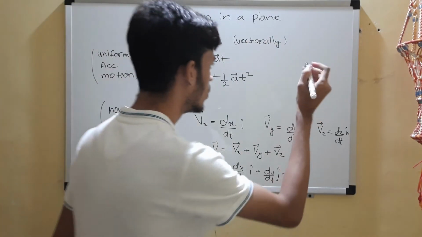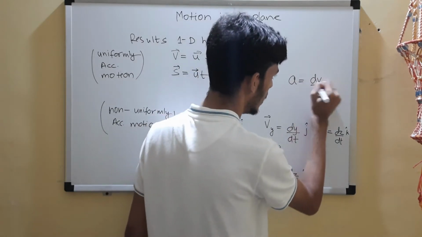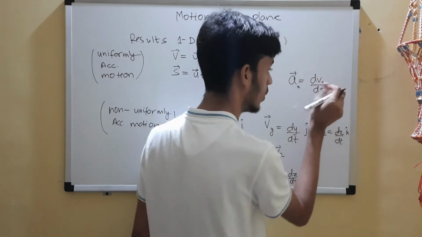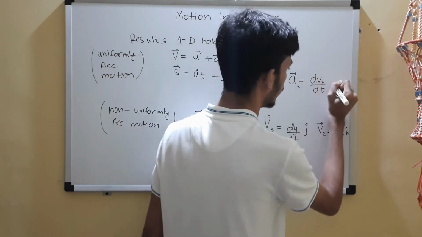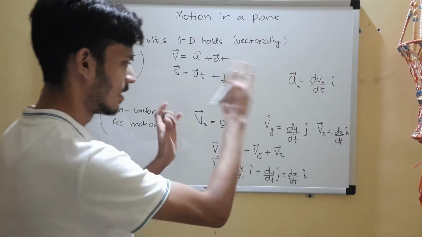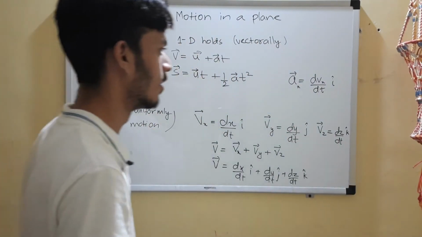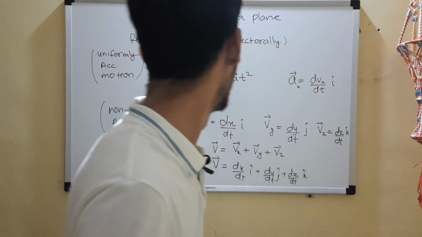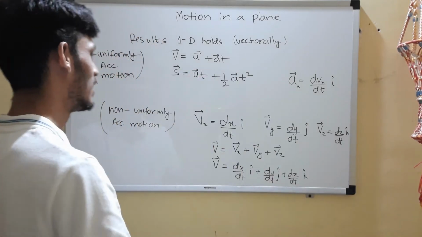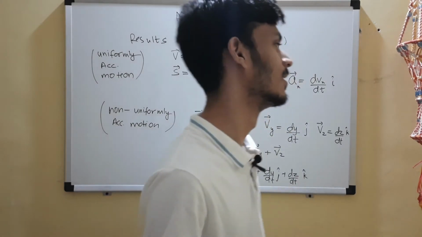Now in non-uniformly accelerated motion, we also had acceleration. Suppose acceleration in x will be dvx by dt, velocity in x by dt, of course along i cap. Now I'm not going to discuss each of this. Similar discussion, right? Not bombarding you with the bookish things. You'll get bored. So we'll try to get everything through questions. We are going to discuss it in a very good way, not like the books who bore you up.